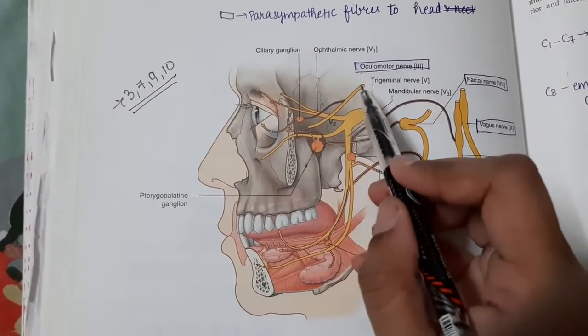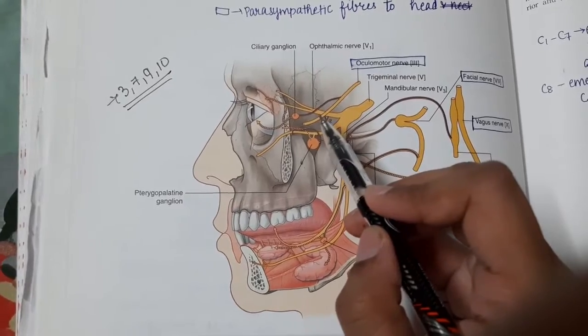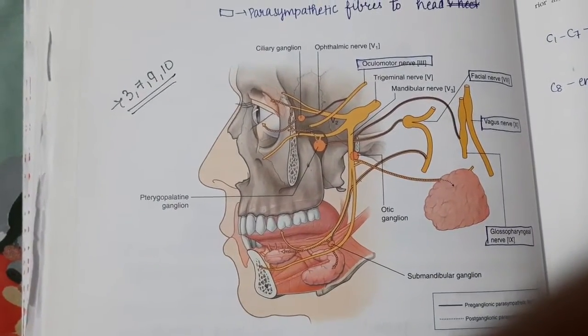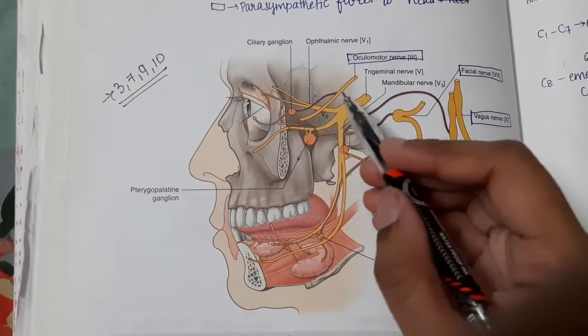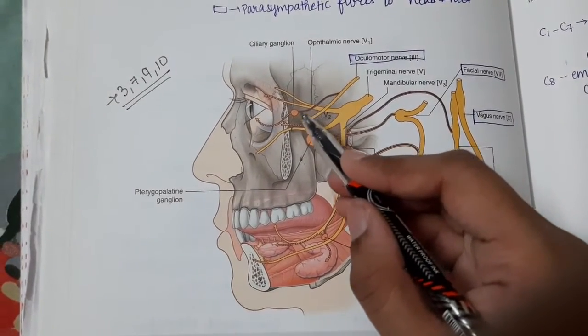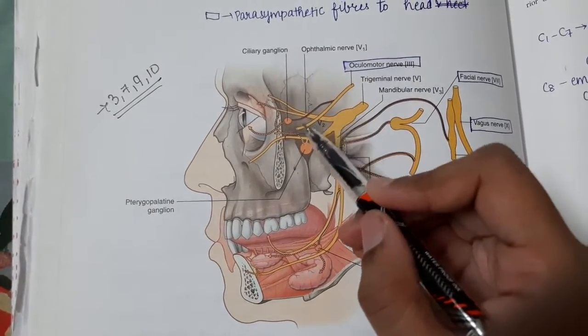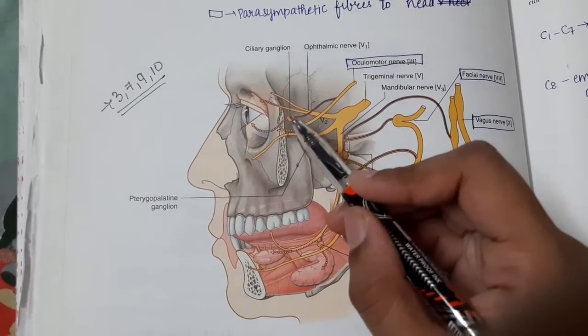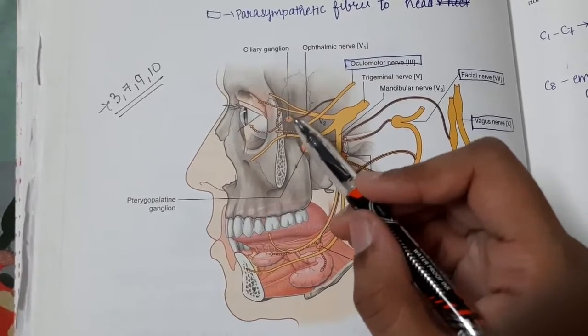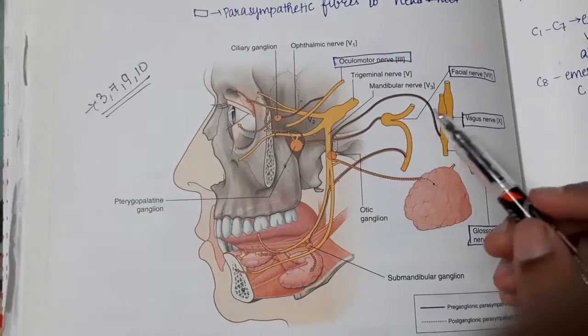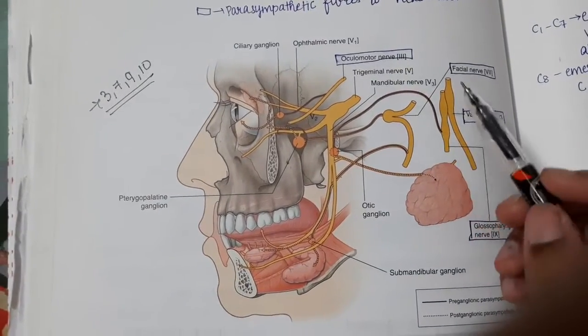And if you see, the oculomotor nerve gives parasympathetic fibers to the ciliary ganglion, and from the ciliary ganglion it supplies the eye. Then if you see, the facial nerve